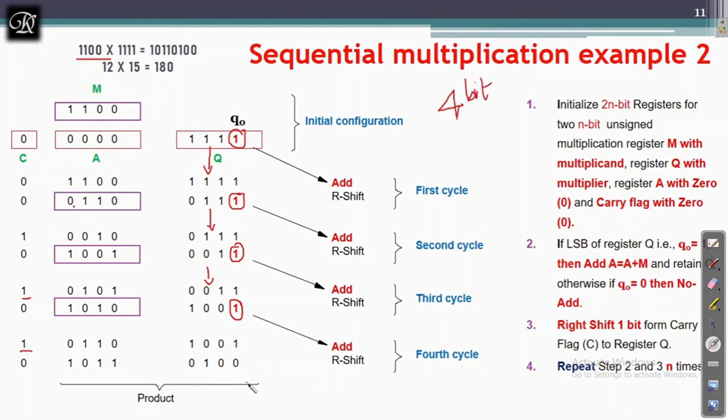Now let's check whether I got the correct answer. Your job is to convert this to decimal and check. It is nothing but 4 plus 16 plus 32 plus 128. It should be 180. And I told you, when converting binary to decimal, if the last bit is 1, then it is an odd number. If the last bit is 0, then it is an even number. So our answer is an even number. Of course, the last bit should be 0.